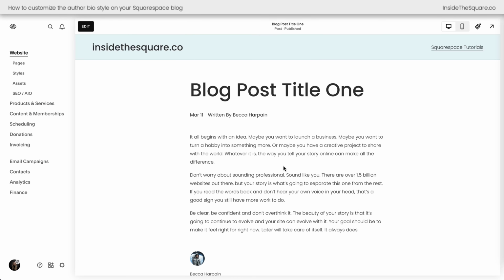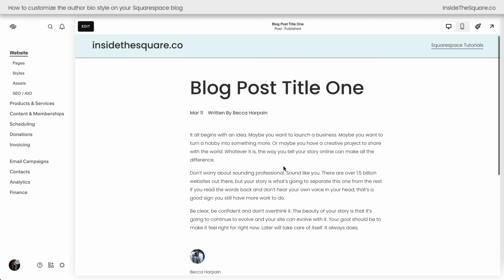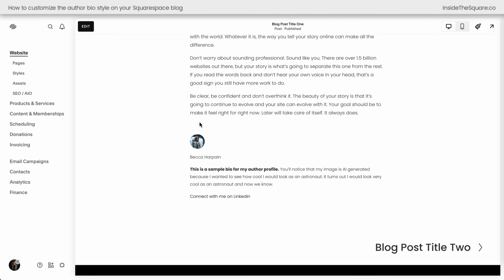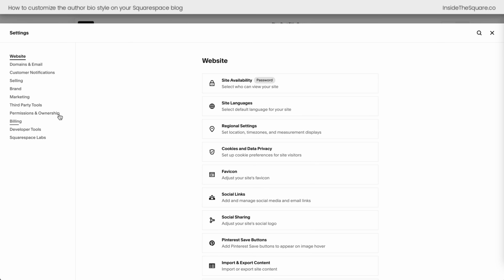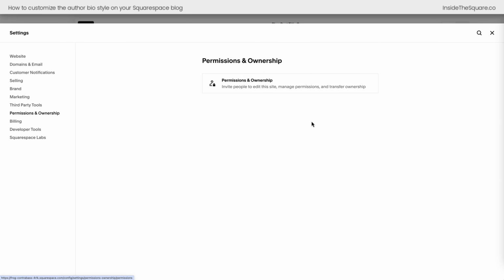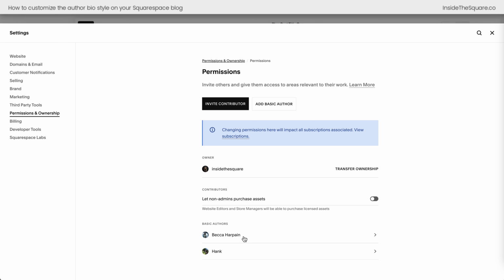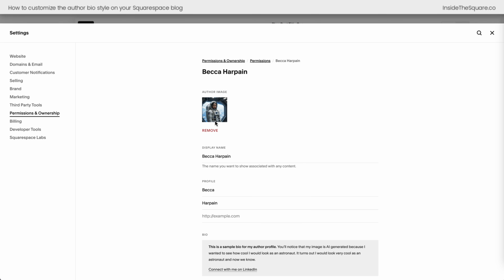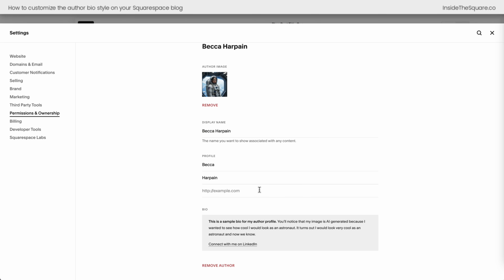Here we are inside Squarespace looking at an individual blog post, and you can see the author bio at the bottom of the blog post. Inside the settings for my website, under permissions and ownership, this is where you add a different author bio. Here we can click on my bio and you'll see the image, the display name, the profile name, and the